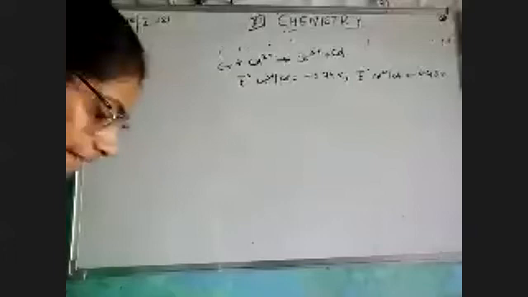Now the point is, we have to calculate the delta G node. Delta G, that is Gibbs free energy, equals minus NF E node cell. We have been provided with E node cell. We have been provided with Faraday, that is 96500. Now the point is, what do we need to write for the N value? See, bache, we have chromium with chromium 3 positive and cadmium 2 positive with cadmium. That means the reactions do not have the same number of electrons. Chromium is